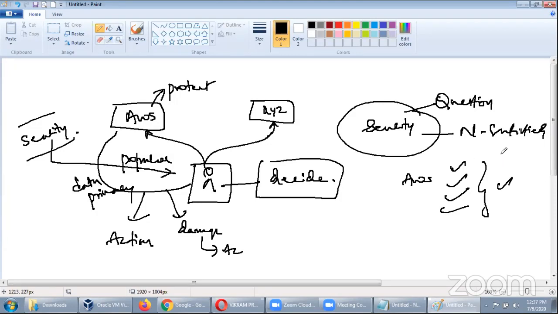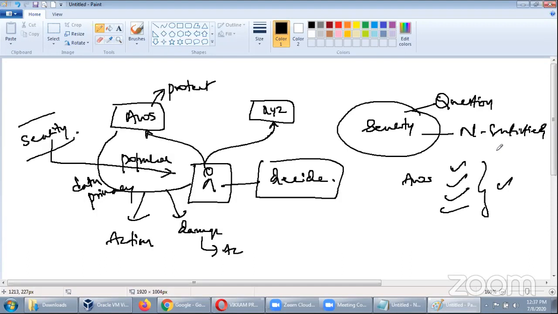Okay. Next, course duration is 60 days, 2 months. 60 classes means it will take roughly 3 months, guys. Okay, the next, Rajesh: I have 2 years of experience in email marketing. Can I start DevOps as a fresher? Yes, you can start. No worries. Nothing to be worried about.